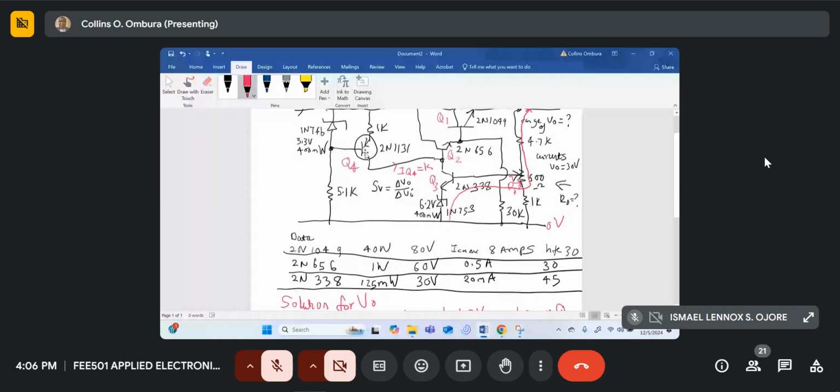So what is the drop? Remember this top resistance, we are calling it R2, and the bottom resistance, we are calling it R1. So it will be the drop across R2. Let me first of all just write it as R2 over R1 plus R2 into V naught, should equal,